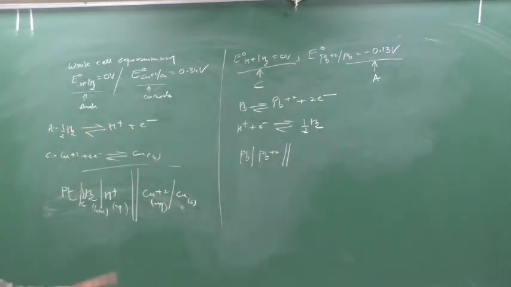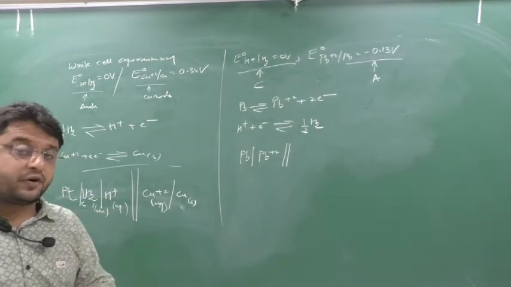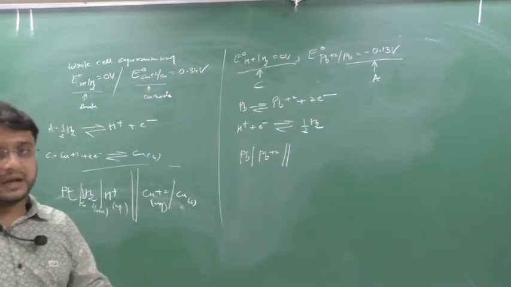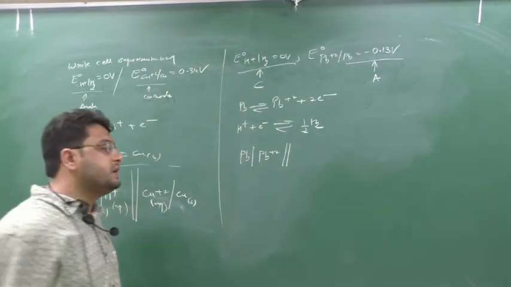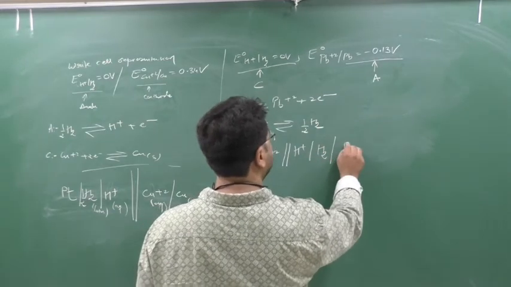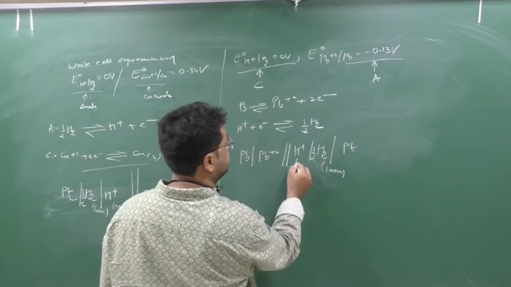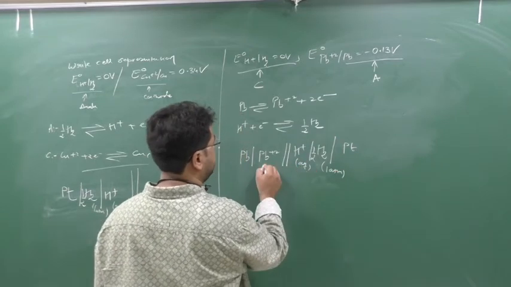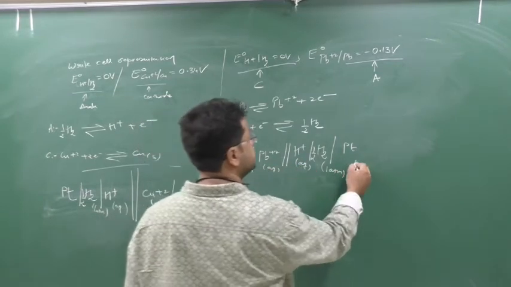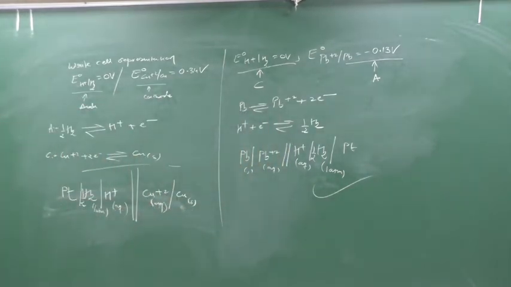Now the cathode is a hydrogen gaseous electrode. In a gaseous electrode, as I told you, write down the cathodic portion: active ion, its molecule, and inert electrode. So the active ion is H plus, its molecule, and its inert electrode. This is a gas, so it will have a certain pressure; this is a solution, so it has a certain concentration, here also concentration; these are solid in state. This is your cell representation of hydrogen as anode and hydrogen as cathode, or any gas.